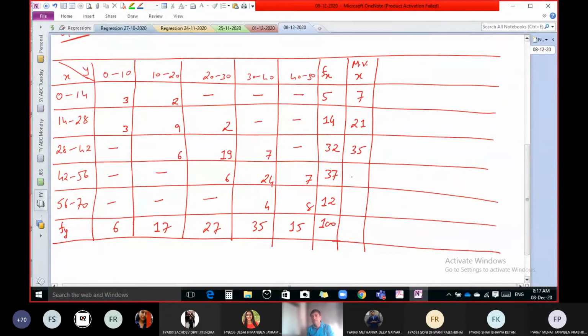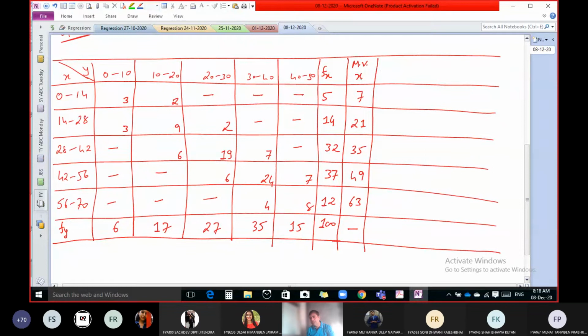Then 49, and at last no need to find the total of this. Here we have to add, 63. Just add these two and divide by 2. Or simply, because the interval is the same, just add 14 every time. Add 14 and you will get the values. Okay, now these are the values of x.